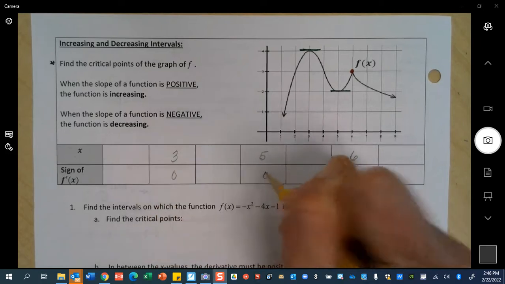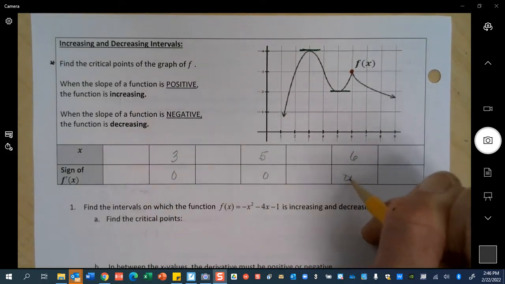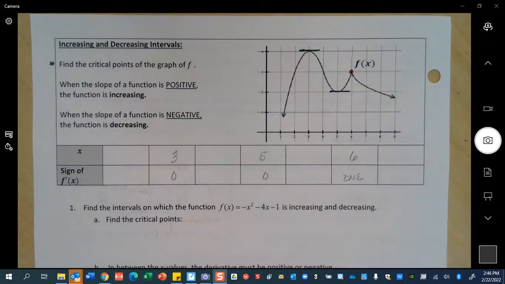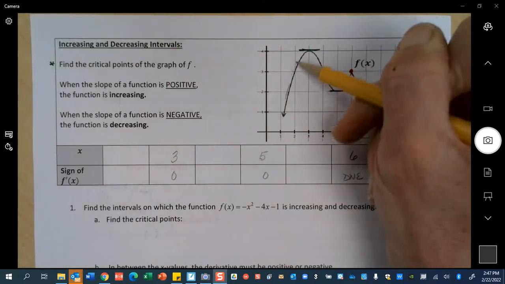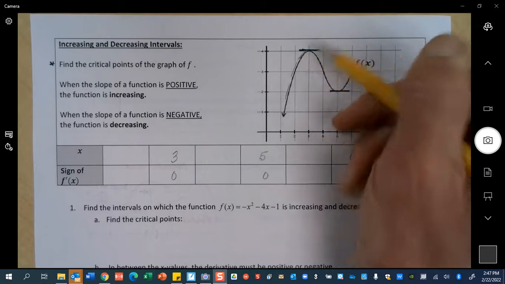Because here I have my zeros or my derivative not existing. The number 0 is neither positive nor negative. It doesn't have a sign. When the slope of a function is positive, the function is increasing. When the slope of the function is negative, then the function is decreasing. So I can look on either side of each of these critical points and say, okay, here the slope of my tangent line is positive